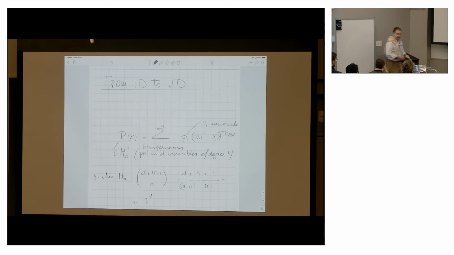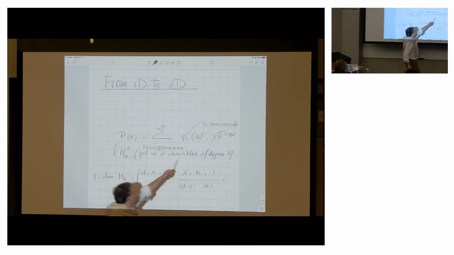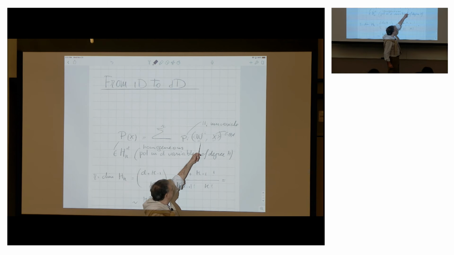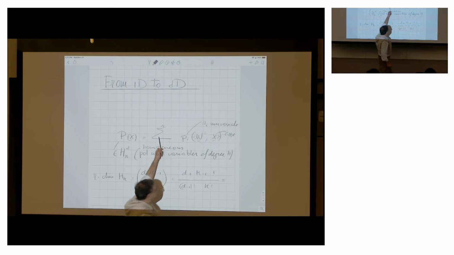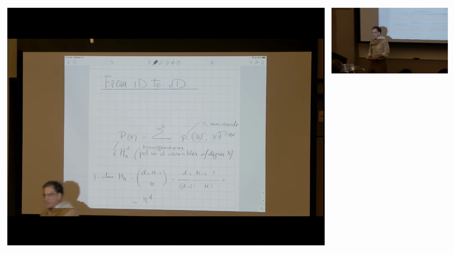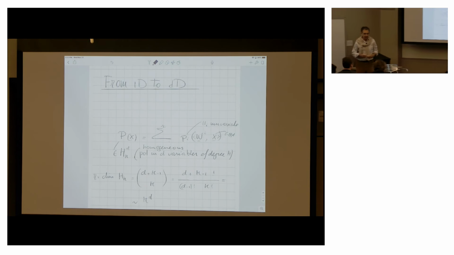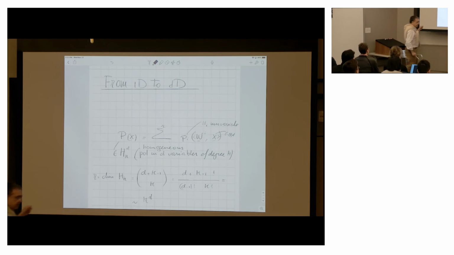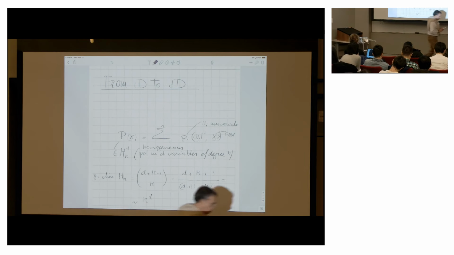You have a lot of parameters. These are D-dimensional, and you have R of them that you can choose. So I'm not going to prove this, but